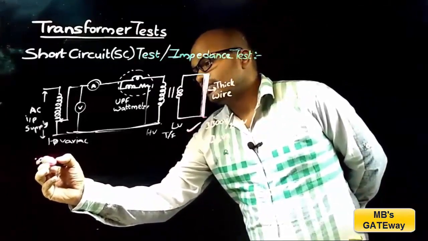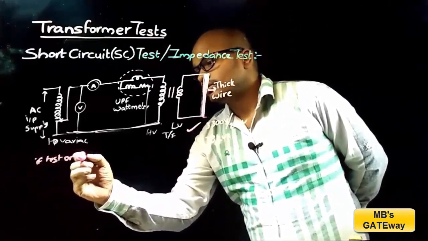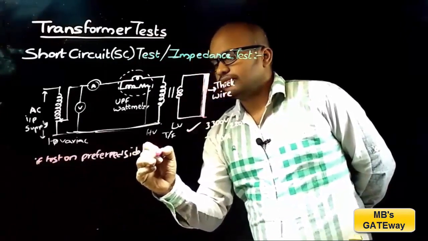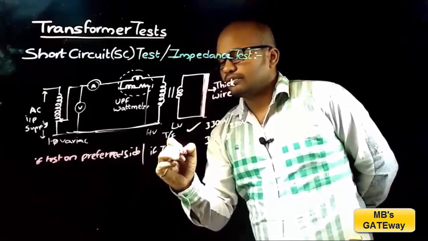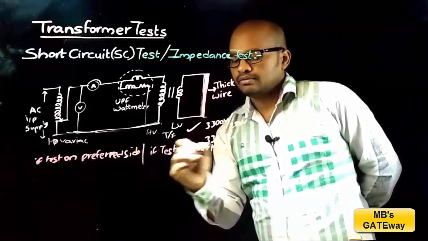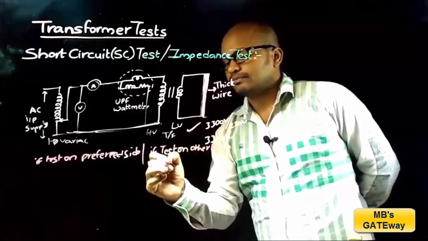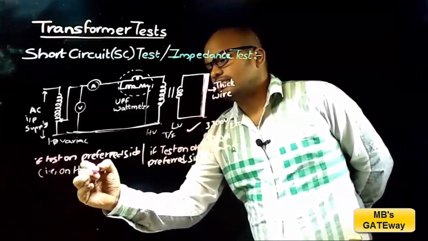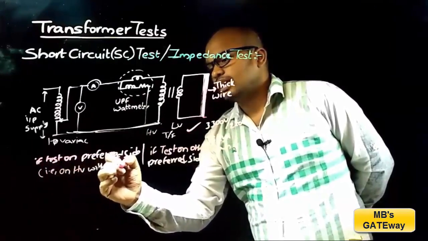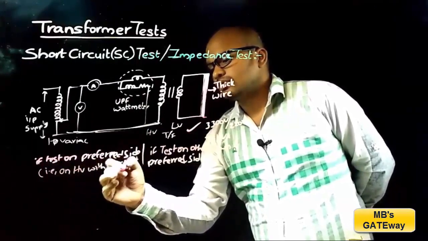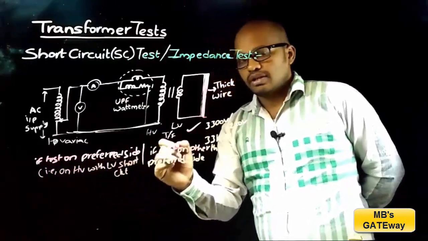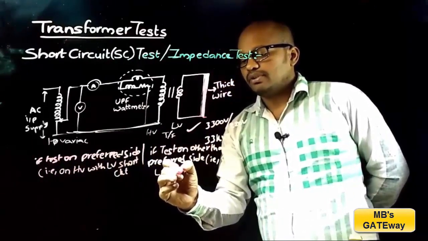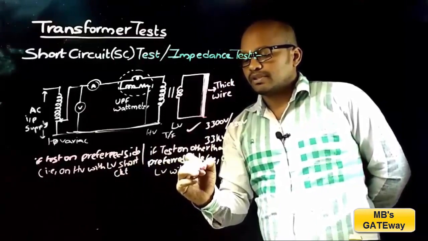That is, if test on preferred side and if test on other than preferred side. That is, here on HV with LV short circuit, and here that is on LV with HV